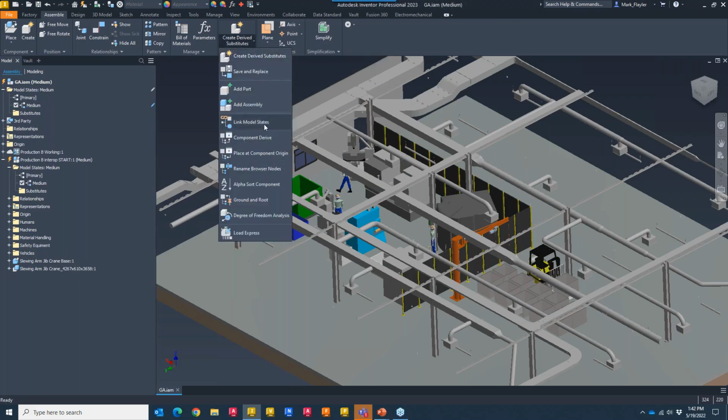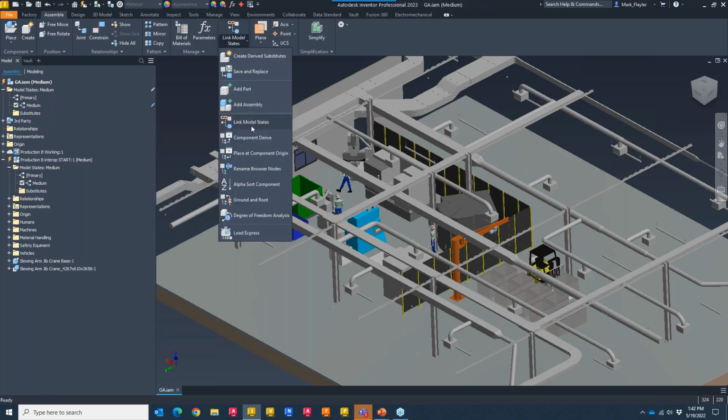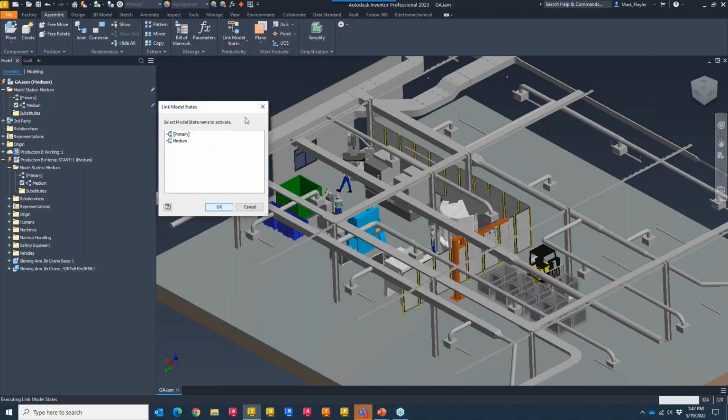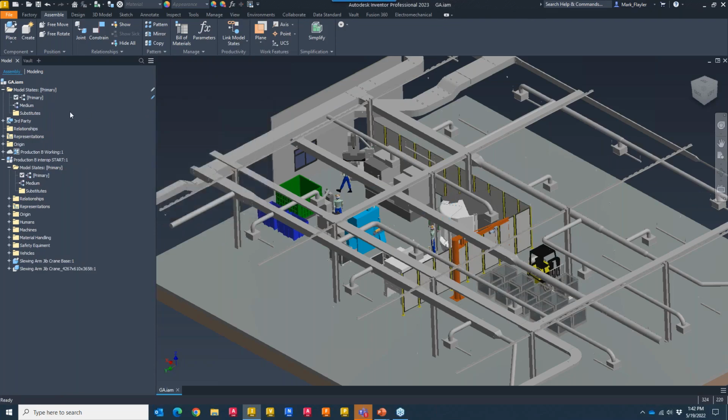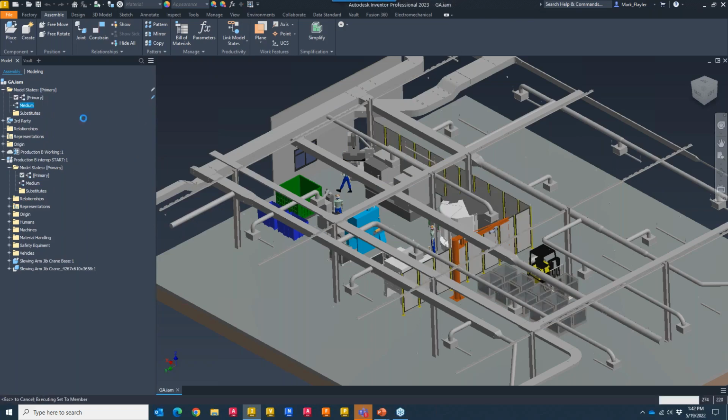So there is a link model states command inside of Inventor where I can link these together. This command used to be called link levels of detail in previous versions of Inventor. I'm also going to link the primary ones together, which is a little bit more detail. So this gives me at the top level the ability to switch from primary to medium and automatically adjust these sub-assemblies that also have the medium level of detail, or medium model state, if you will. Okay. So now when I go to medium,